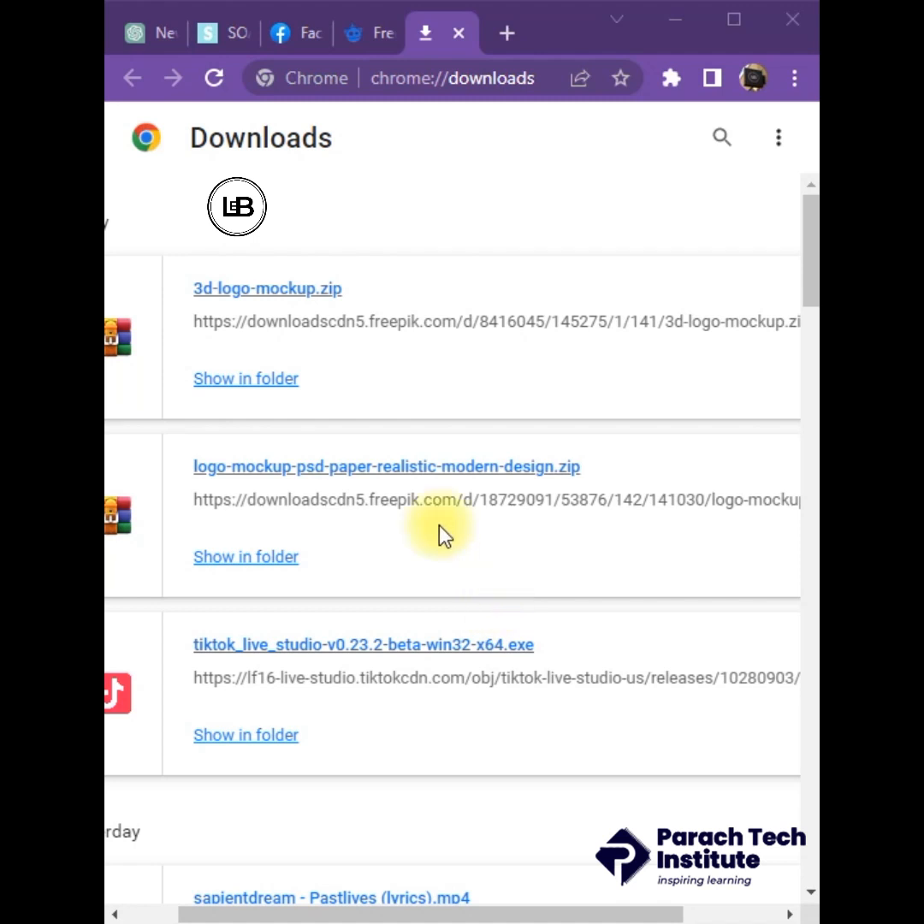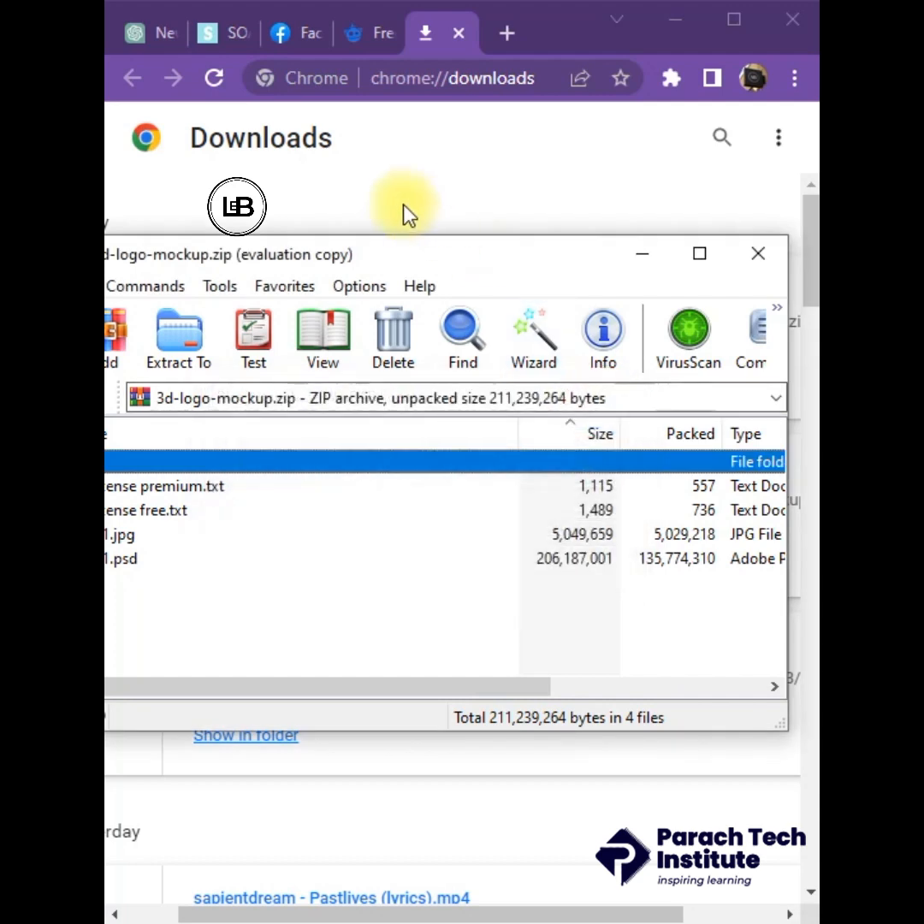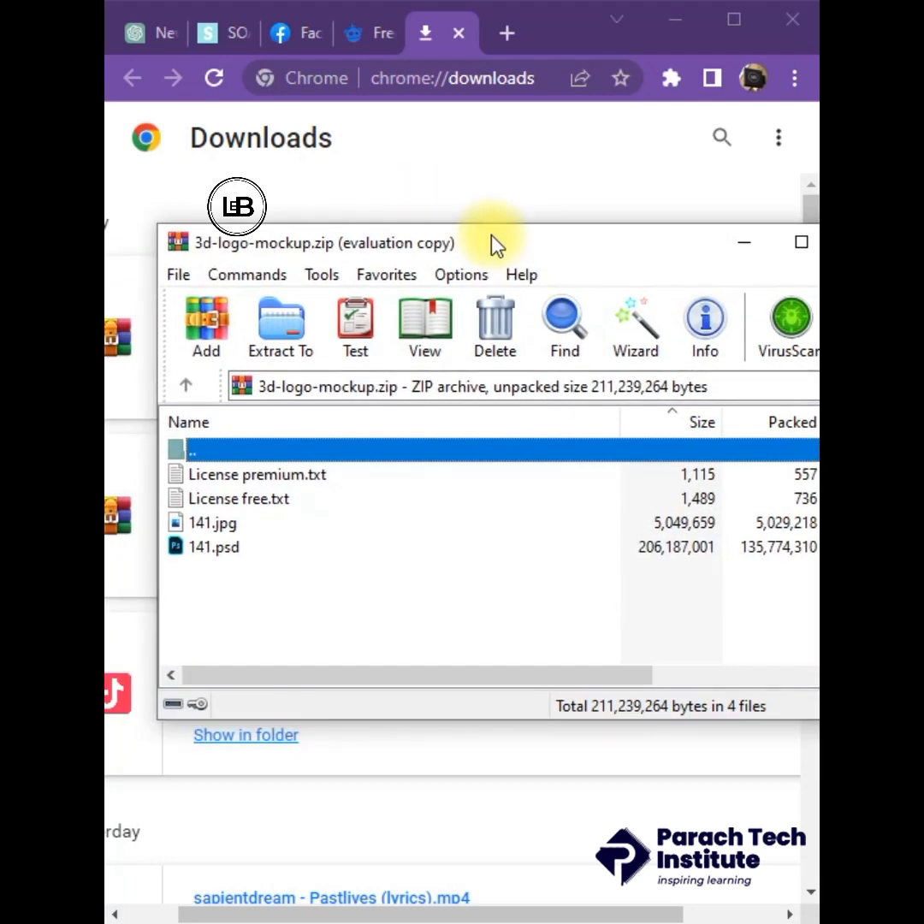Finally, the mockups have completed the download. So I'll just have to click on the mockup file. Now there's this application called WinRAR. That is what you are going to use to uncompress the mockup files. So just double click on the